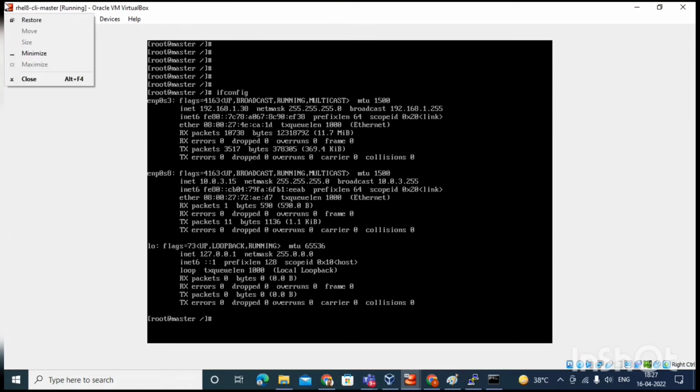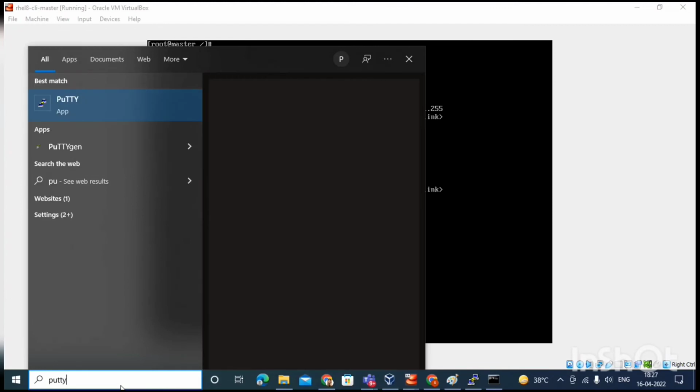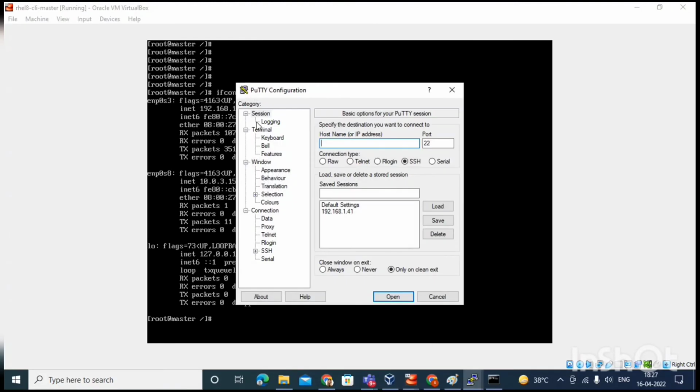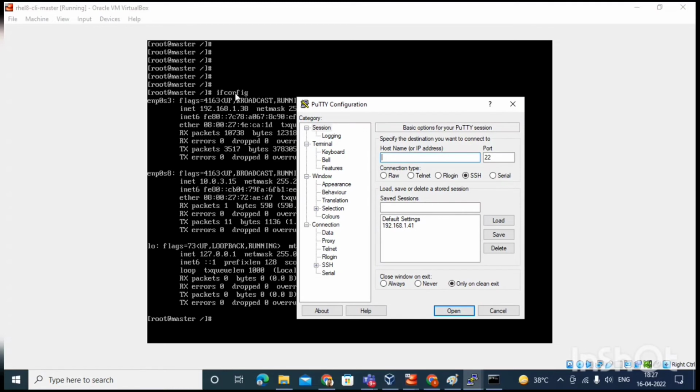So this is IP 192.168.1.38. I hope you can see it. So what I can do is, I can again use a putty, which I have shown. Okay. So let me use Putty. So remotely means from my Windows, I'm going to access it. That would be more easy for me, because it's very small and all. What I can do is, I have to just write here IP